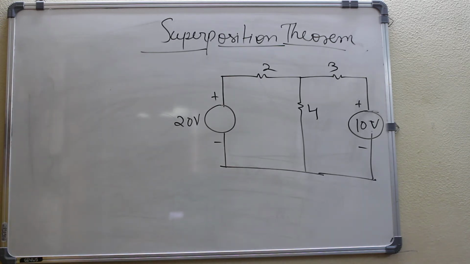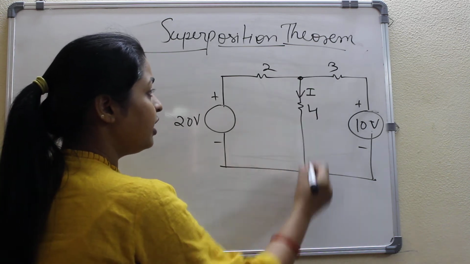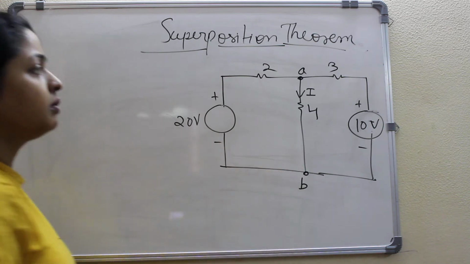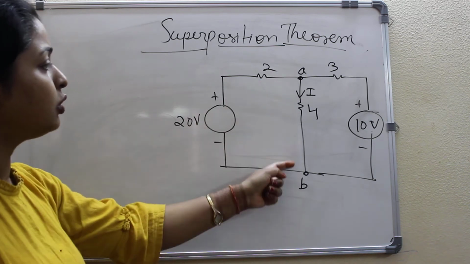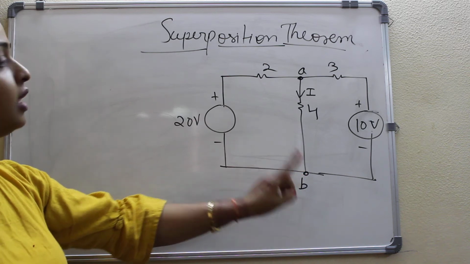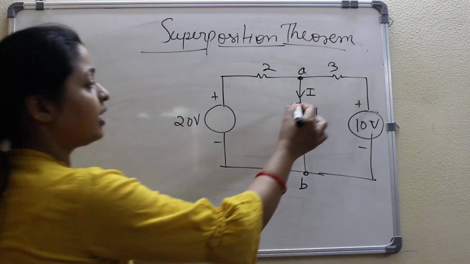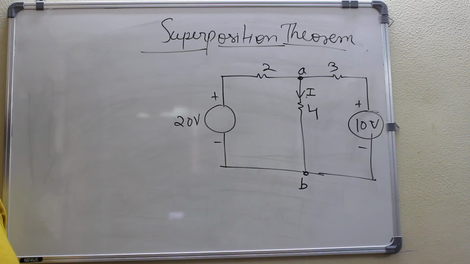The superposition theorem statement says, if we want to find out current or voltage between any of the points, if we have to find out the current I flowing through any of the branch or voltage between any of 2 terminals of the circuit, this theorem says the total flow of current or voltage will be the algebraic summation of the current or voltage when each source works individually. At a time only a single source will work, that is the superposition theorem.